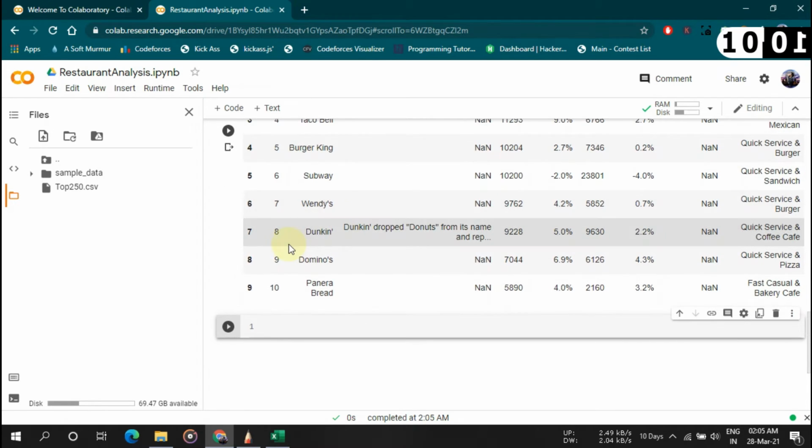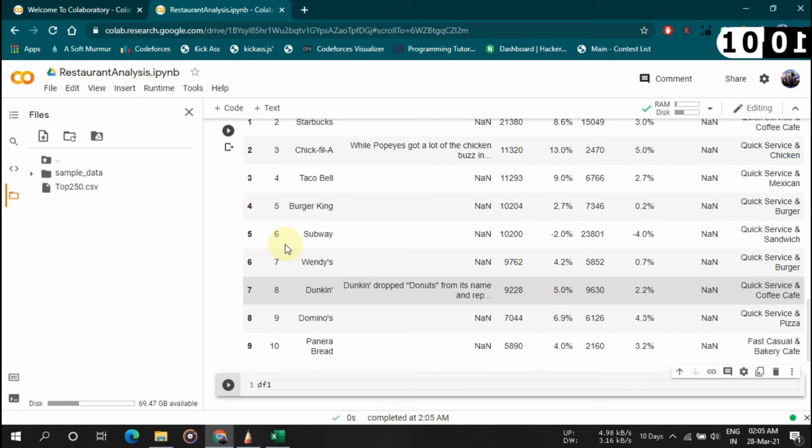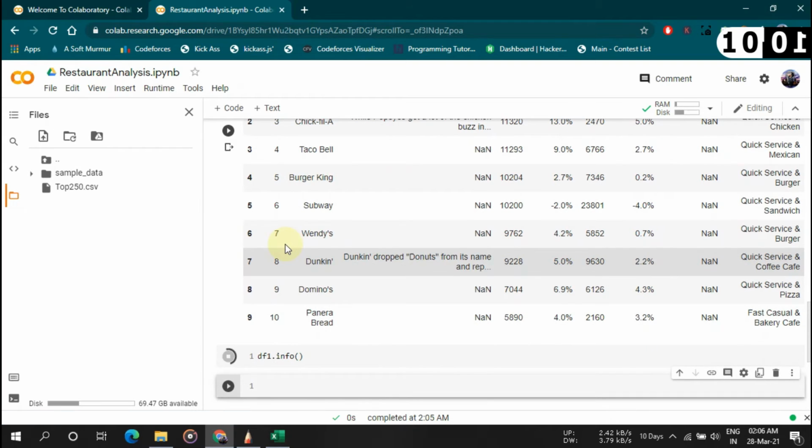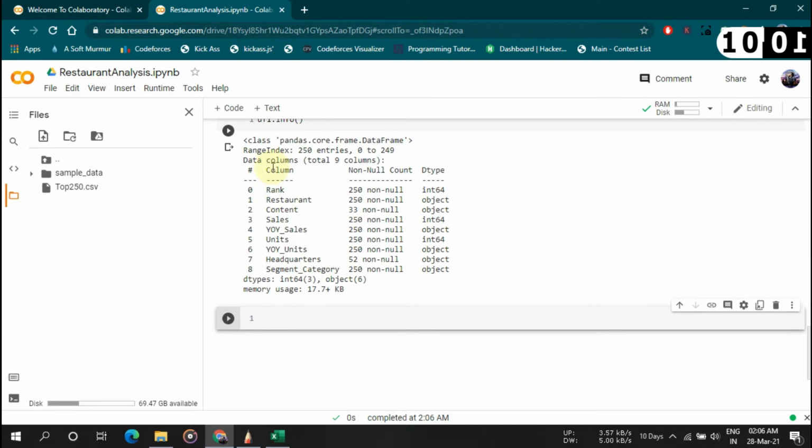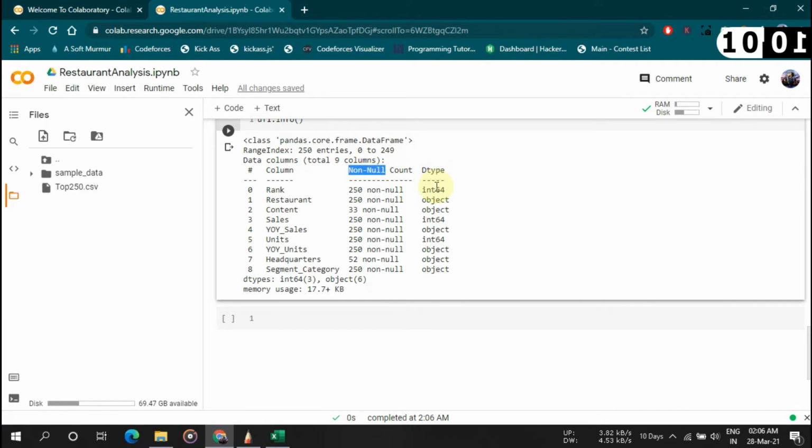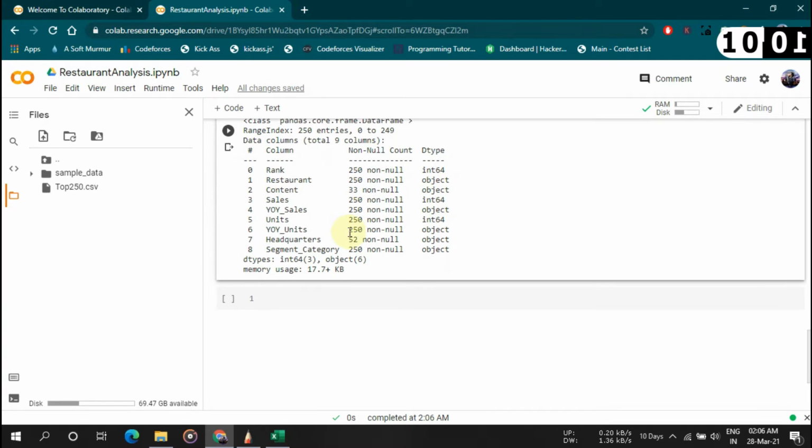And if you want to get info about what this table contains, everything in detail, you can just call the .info function. Here you can see that it has 250 entries, 0 to 249. It has 9 columns with non-null counts and data types. Like rank has 250 non-null values, and its data type is int64. Here you can see in headquarter we have 52 null values. So these are